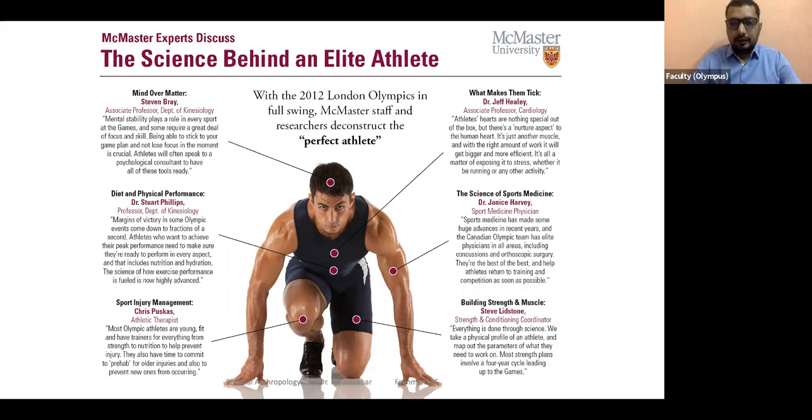Of course, we're not going to get into the details, but you see mind over matter: mental stability, the importance of psychological strength. Then diet and physical performance. The proper diet, as I was telling you, kinesiology is a field that focuses on this. So kinesiologists are focusing on explaining this. There's little margin on victory. Sometimes a few seconds is enough. That few-second performance can come from their body type. Sometimes even a fraction of a second can make the difference.